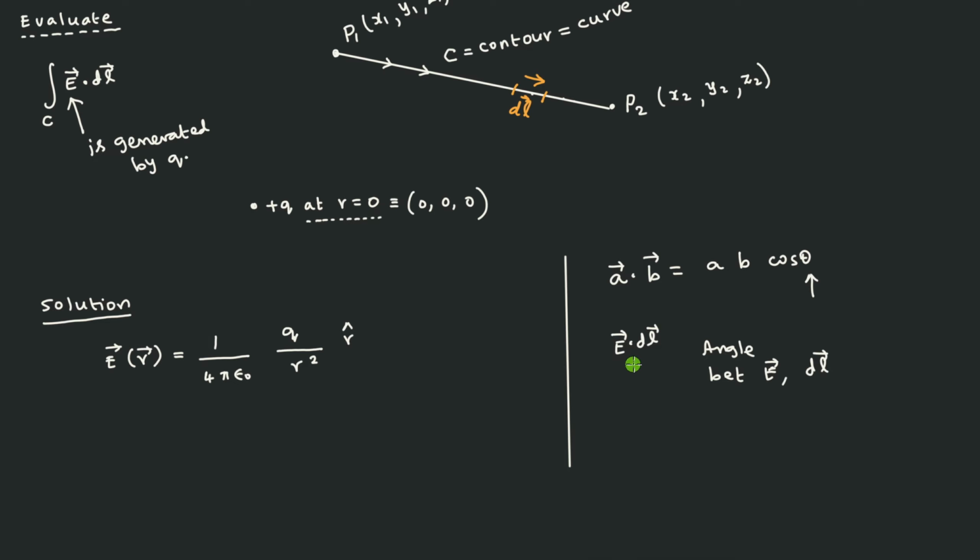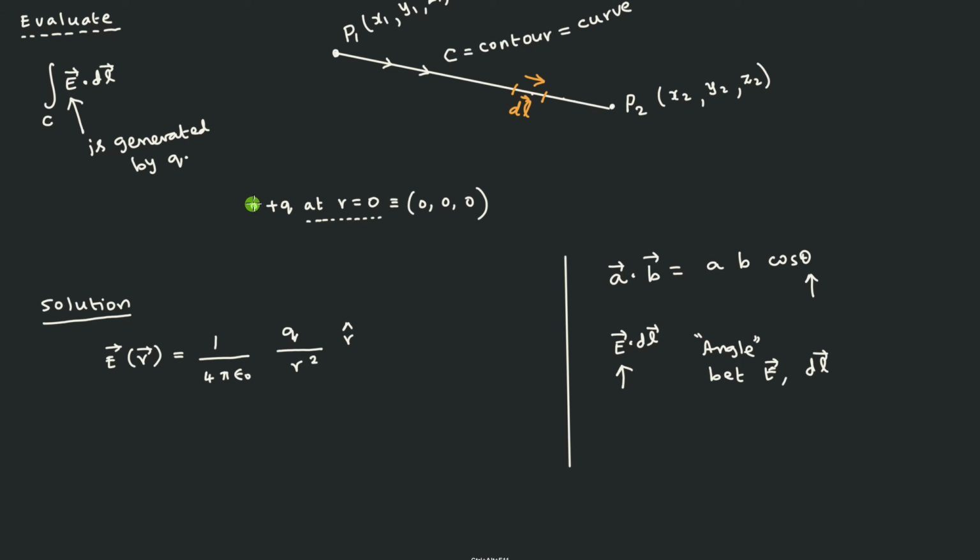But the more important point to be noted is the direction of the electric field. Only when you show the direction of E can you find out the angle between them. Therefore, in the diagram, you have to show the direction of the electric field. And for that, you should know how to draw the electric field corresponding to a single positive charge. So you know how to draw this.